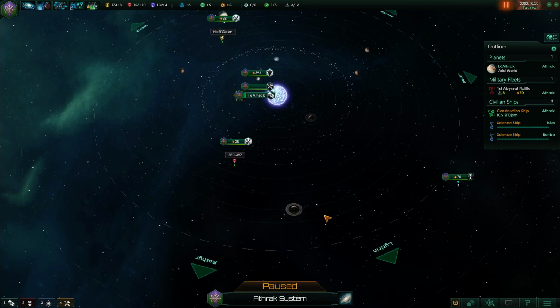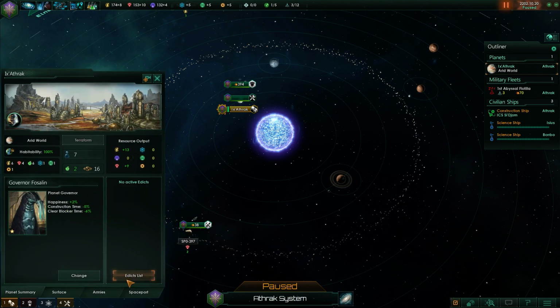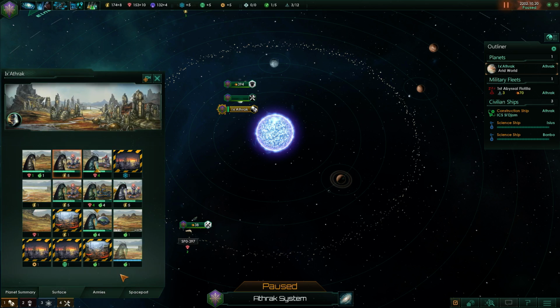153, 132. How are we doing here? We have a population that was growing. Another population has grown here. What do we need for our empire? We need to increase our mineral intake, and we need to increase our money. Those are the two things that are kind of holding us back quite a bit. So looking here,